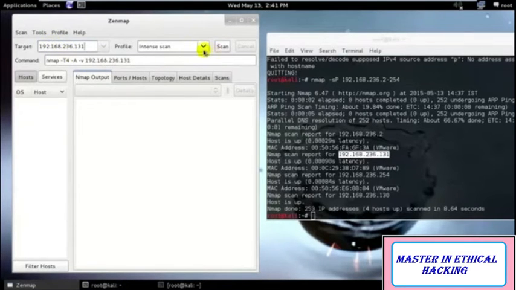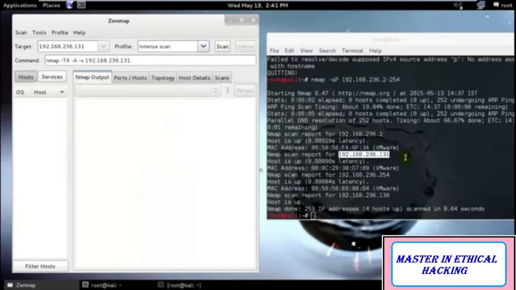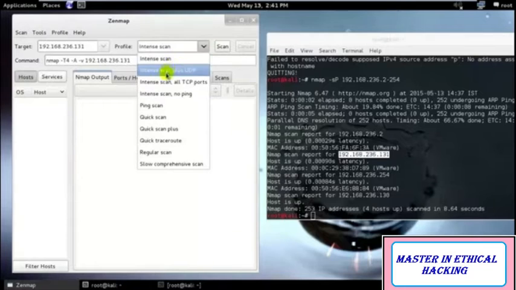192.168.236.131. And as you can see, there are different types of scan over here. If the operating system you are trying to get access to is related to a big company and you're trying to get information about that, then I won't suggest an intense scan or anything like that. I'll just ask you to do a regular scan or a slow and comprehensive scan so that